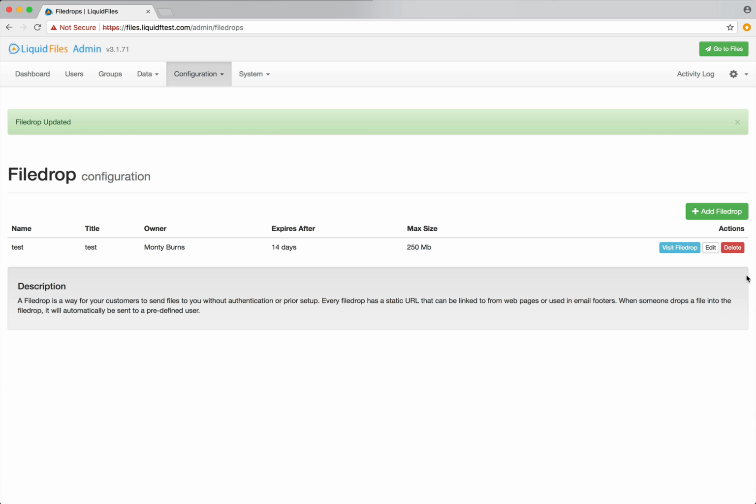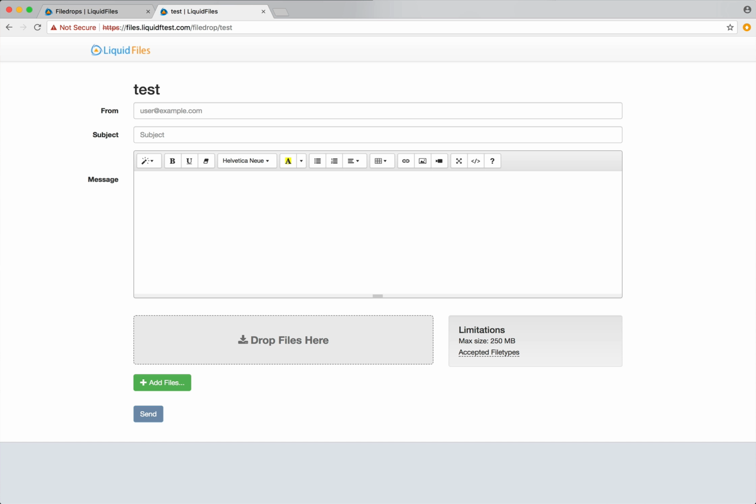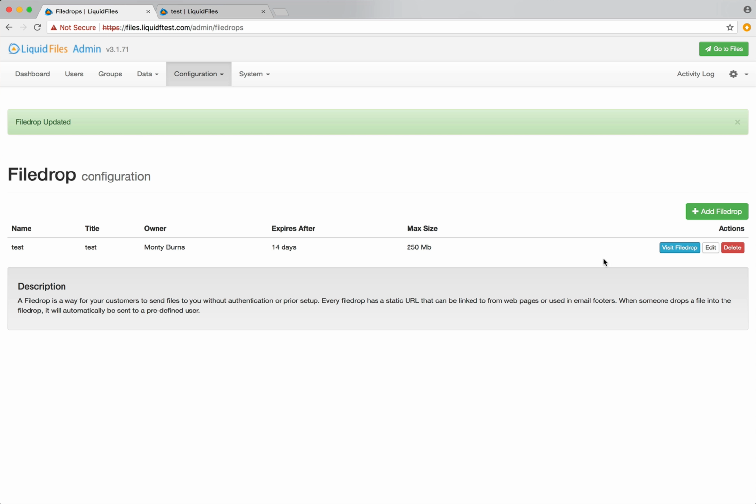So if we now go to this file drop, before we can access it, we need to enter a password. Once the password has been entered, we are shown the file drop. So this is a simple way to protect a file drop if you wish. Another way